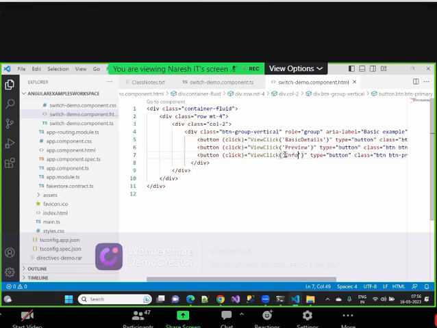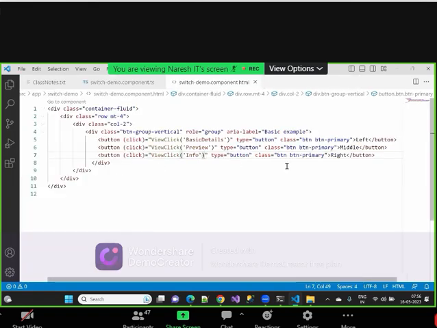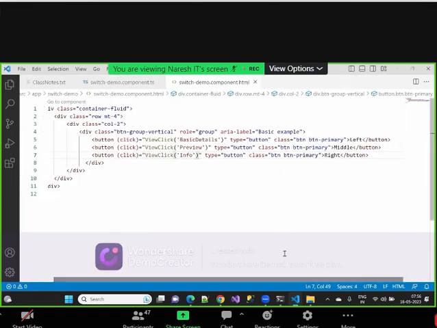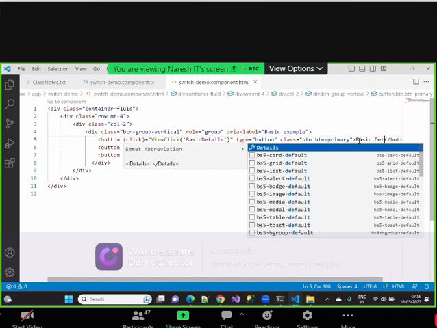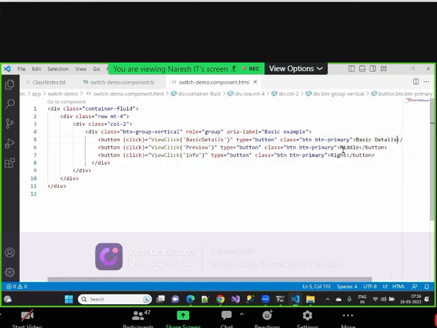Anything else? Okay, just three I have given. Remaining, whatever you people want to add, you can just add it over there. Now I am going to show you. Let's remove it. And then I just wanted to give the same names over there. In place of left, I can give basic details as the one name. And after that, let me give